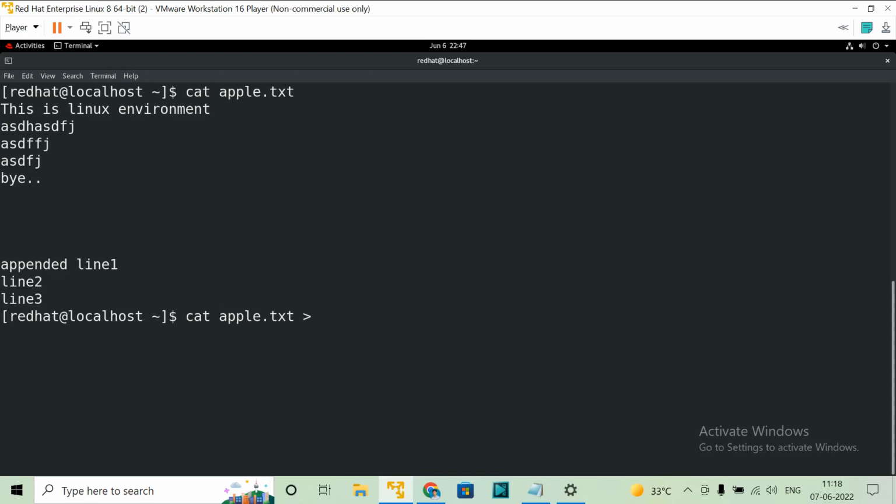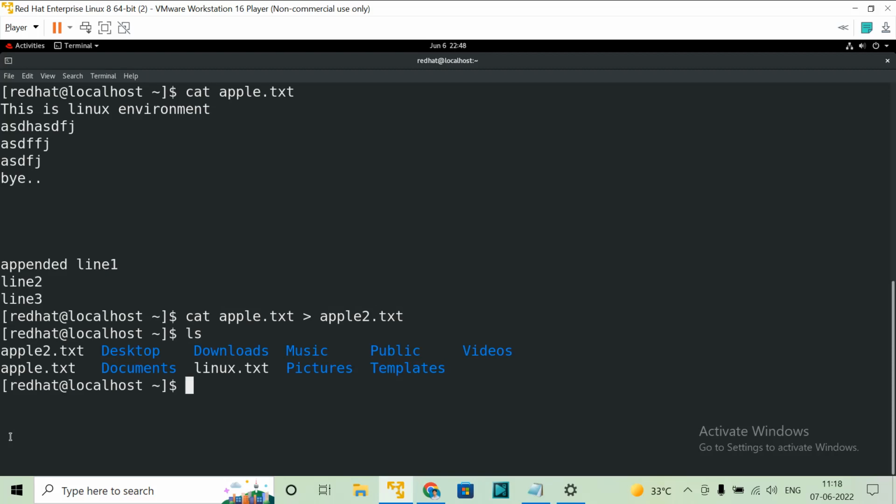I am using only single greater than. Observe here. cat apple.txt, and here I am typing apple2.txt. It's a text file. See, the content will be copied. Let me check whether that file is there or not. That will show you